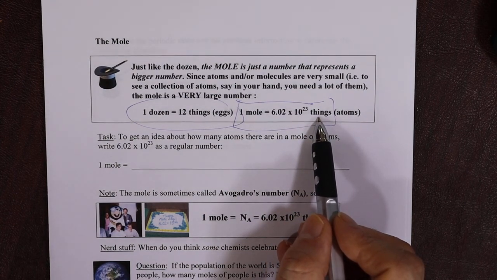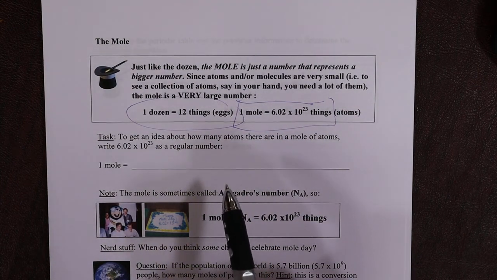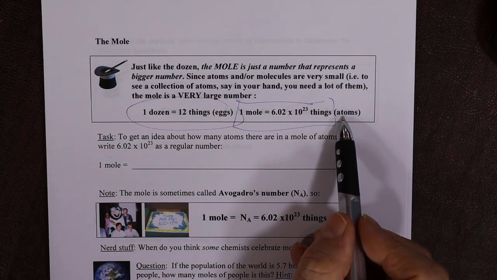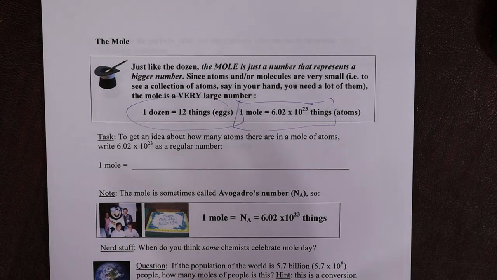Things. It can be anything. You can have a mole of anything. It's just counting. You can have a mole of donuts if you want. It's a lot of donuts. 6 with 23 zeros. But hey, that's what it is. But normally when things are tiny, we need a lot of them, okay? So, for example, if I ground up a pencil lead, I'd have about half a mole of carbon atoms in